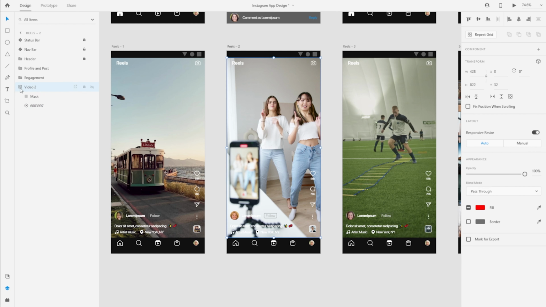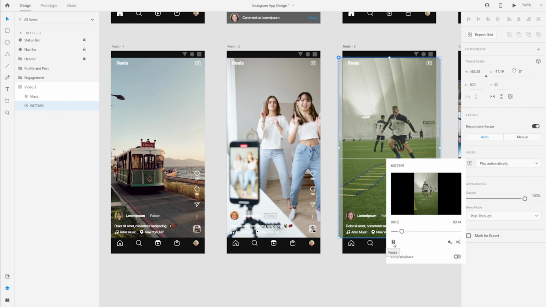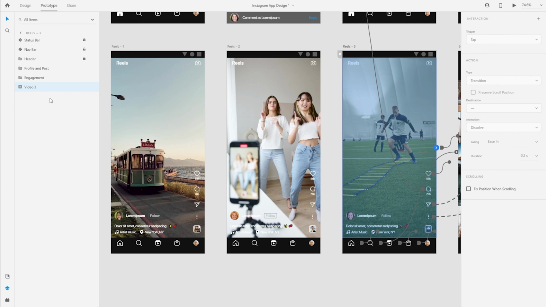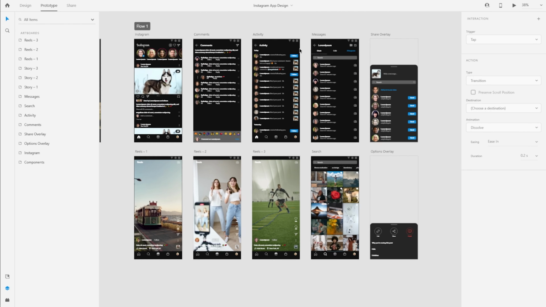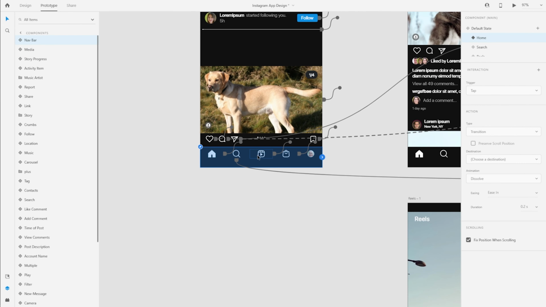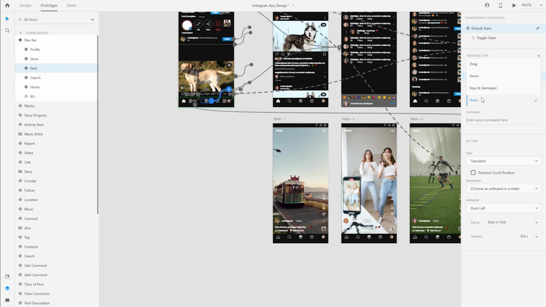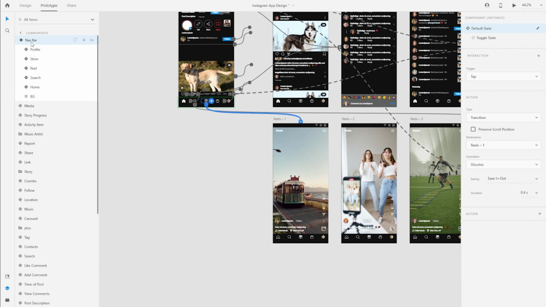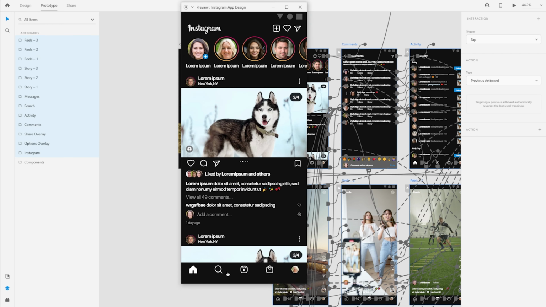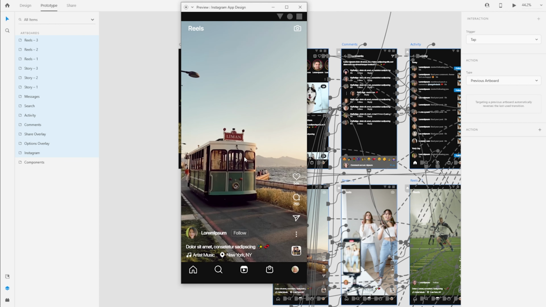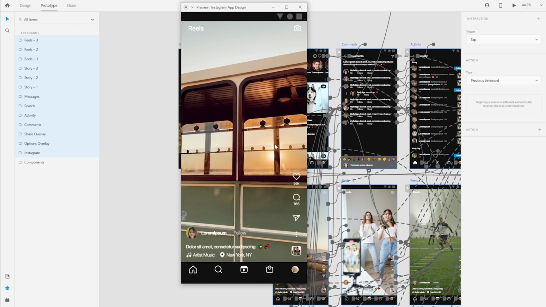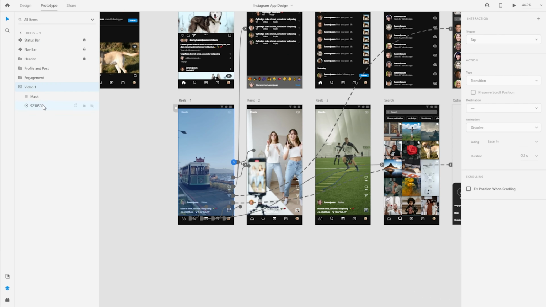So I'll copy the same with the second reel and the third reel itself. So when the third reel ends up playing, since we don't have more reels to show over here like infinitely, I'll take the user back to the home screen. Now I'm going to add the actual interaction from the navigation bar so that when you click or tap on the reels icon, it should start playing the reels for you. Since I made those icons as components, I only have to make that interaction in one place. And that's the power of using components.